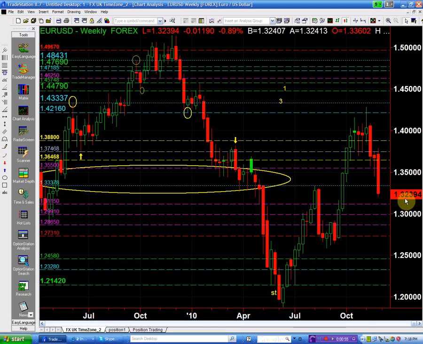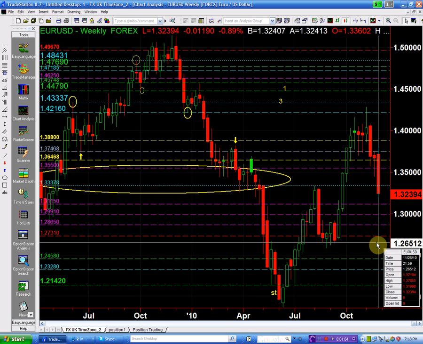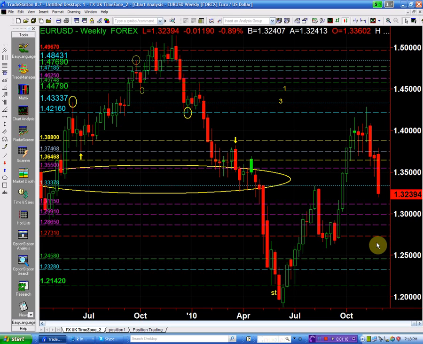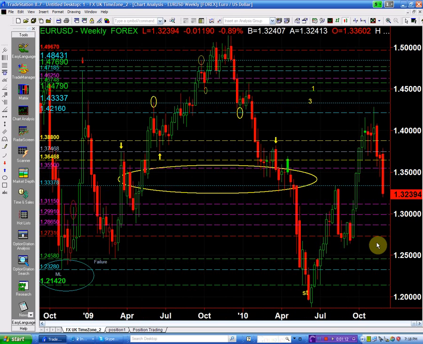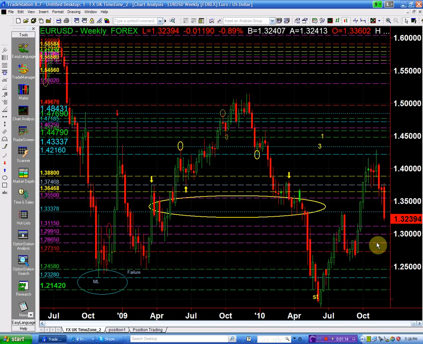As you can see right here on the euro, we closed the week at 132.39. The low of the week was 131.99, so let's say 132. So we do have a good close, which indicates negativity and continuation to the downside. So we should be maintaining our bias to stay short,